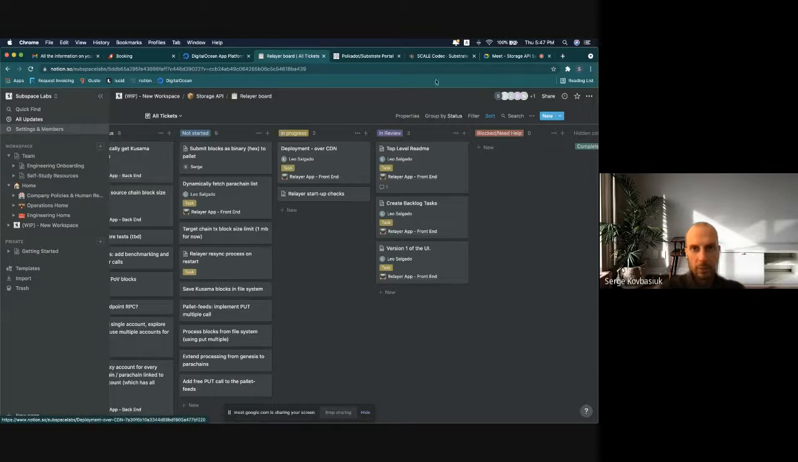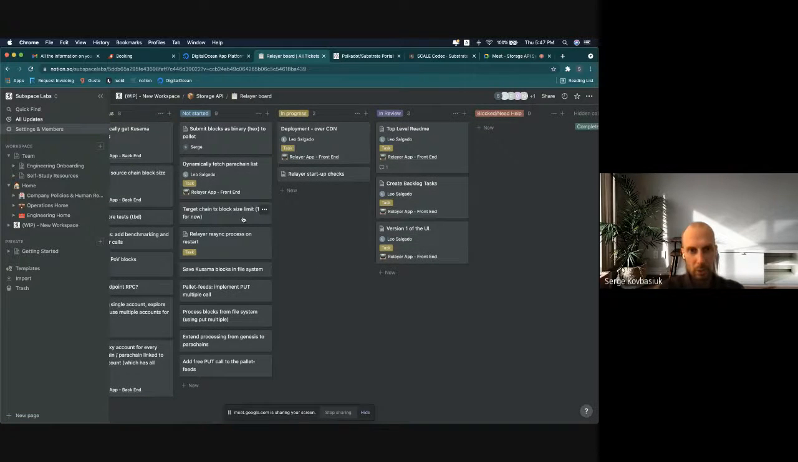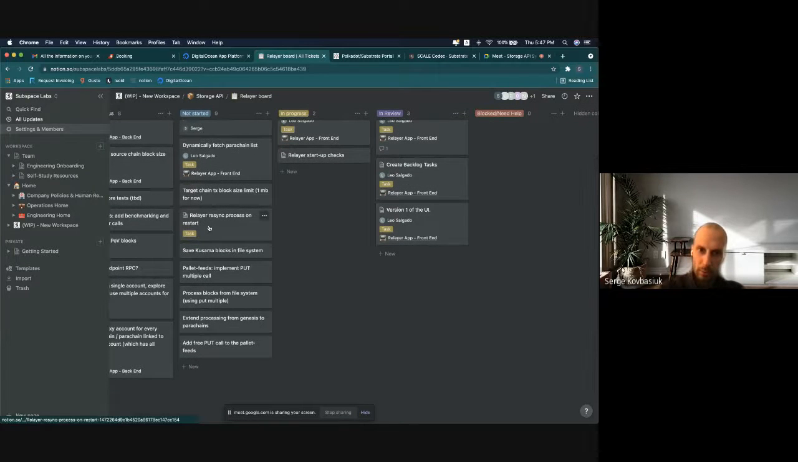Yeah, so this is something that was mentioned on the diagram. We need some kind of block size limit on the target chain, and yeah, we can try 1 megabyte for now. So restart. So yeah, this is